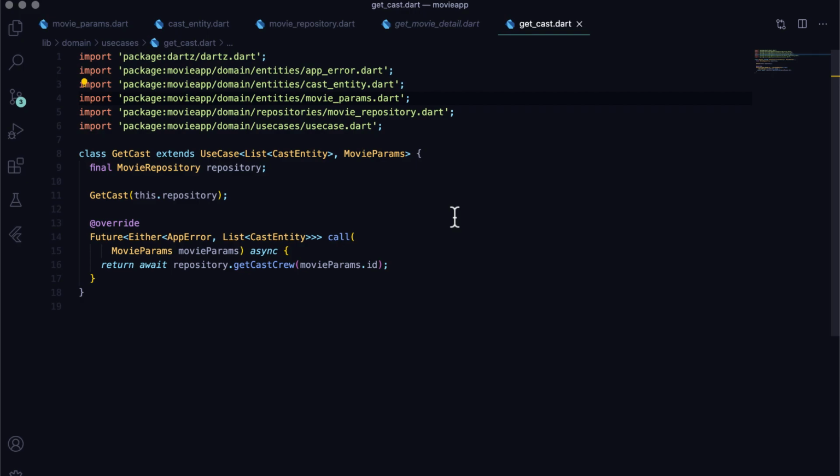Let's make the API call now via the data layer. If you open the data folder, you will see errors in the repository folder. That's because we haven't implemented the method that we declared in the abstract repository class. Before resolving the error, let's first create the model class. A model class is the response model that holds the parsed JSON from the API. If you remember, we used the JSON2Dart tool for creating the model class from JSON.